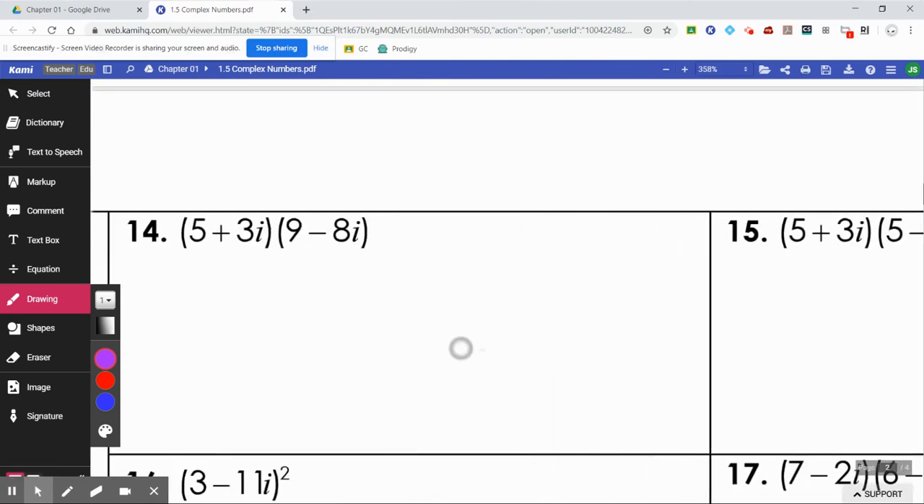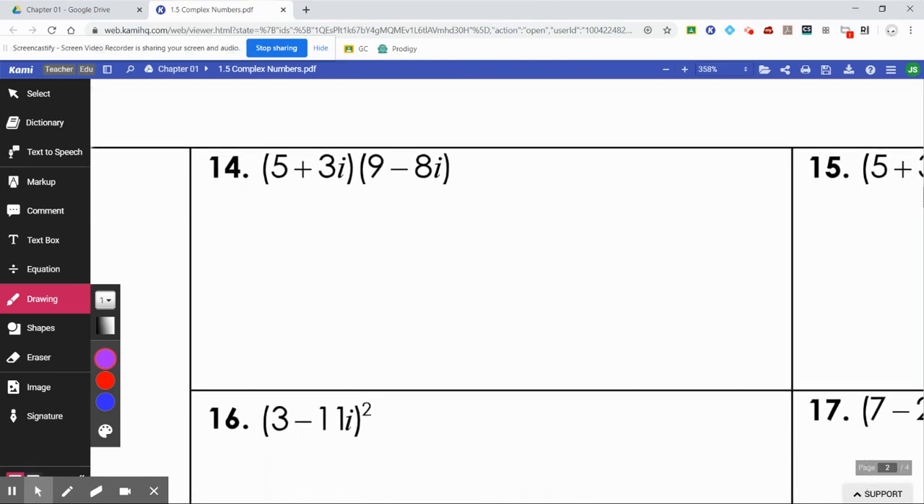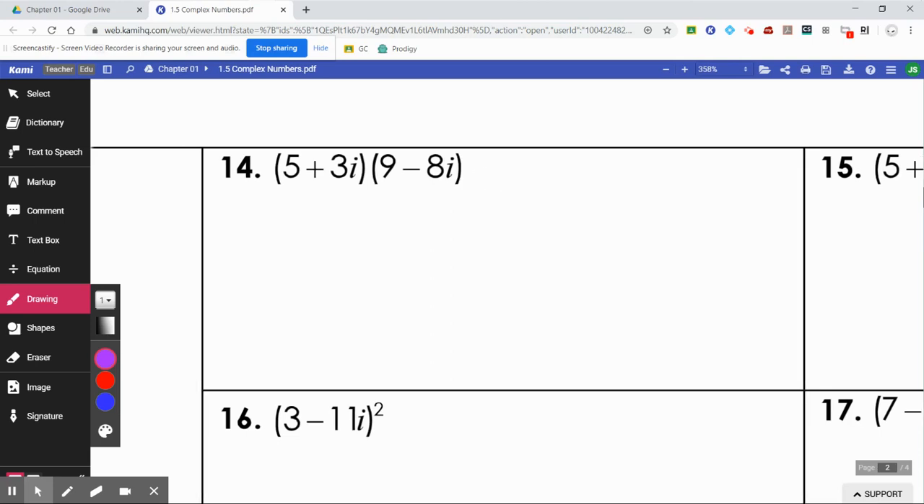Okay, number 14. Again, we're just continuing with the operations. Here you have a complex number times a complex number. To do this, you distribute, you FOIL. 5 times 9 is 45. Multiply this times both. 5 times negative 8i is negative 40i. Multiply this by both. Positive 27i and a negative